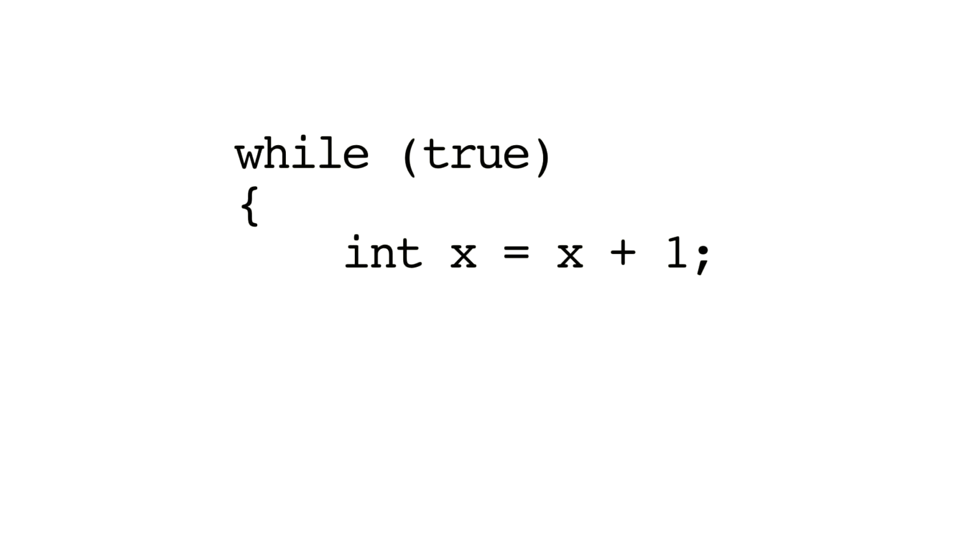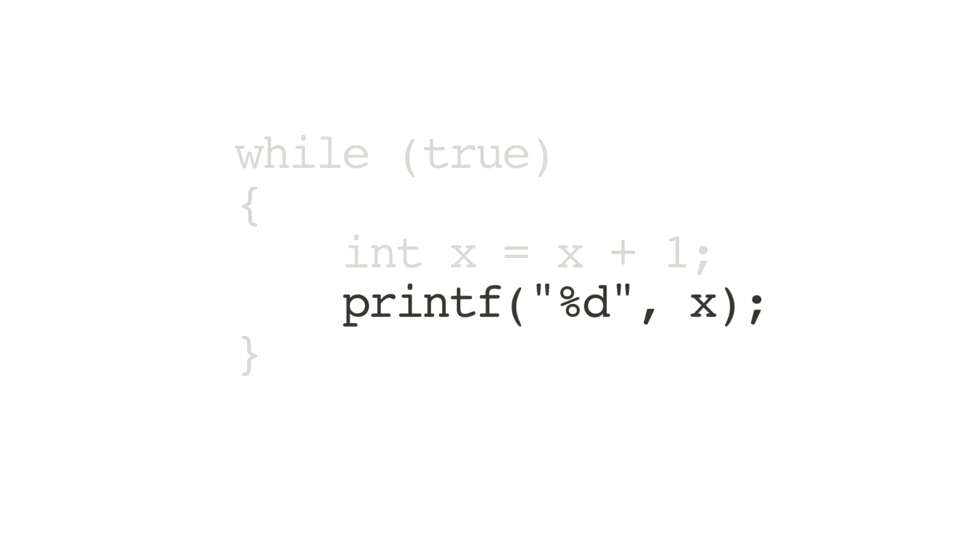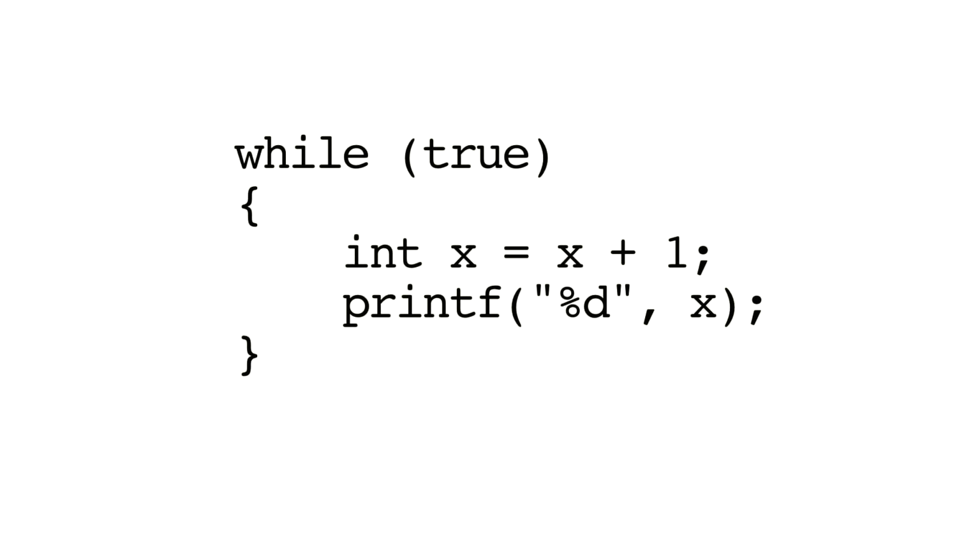Next, we look at how to use variables with loops. For the sake of this example, let's set up a loop that runs forever. Just as a warning, you probably shouldn't do this in actual code, at least not if you ever want it to stop running. In the code we say, while true, declare the int x and set it equal to x plus 1, and then print that variable. In case you're unfamiliar with it, the printf function simply prints something to the console. In this case, it replaces the %d with the value of x and prints it. This code tries to print integers infinitely, starting with 1 and going upwards.